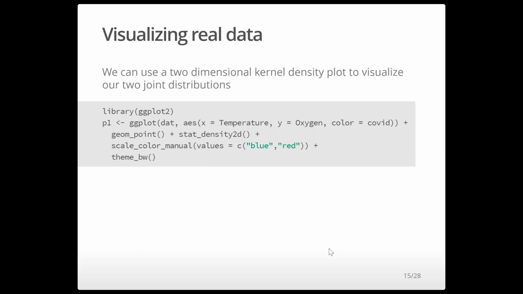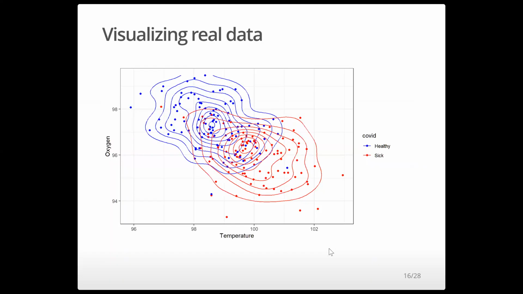So we can use a two-dimensional kernel density plot to visualize the empirical joint distributions. The code for this is much simpler, so I put it up there. And that's what that plot is going to look like. You can think of this as akin to when we do a density plot for a normally distributed variable where we only have the data and it doesn't look perfectly smooth, or when we have a histogram that doesn't look perfectly smooth and we're trying to assess whether it's normal. So you see that these aren't perfectly smooth circles. They're a little bit bumpy, but they are based on data that's drawn from a normal distribution,